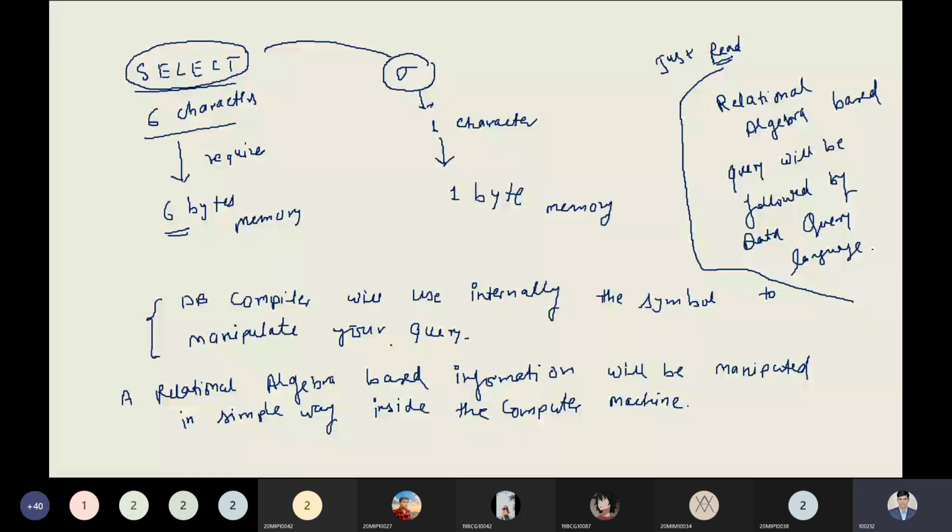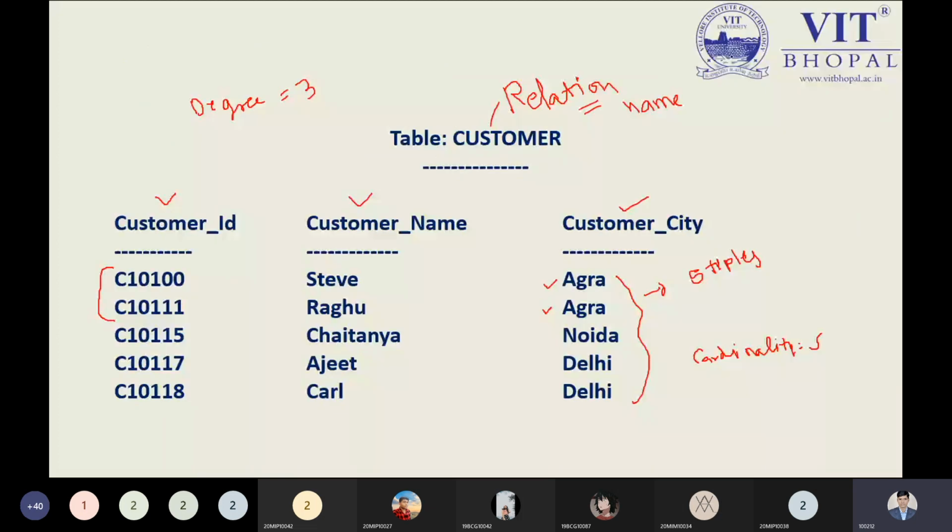Okay, so now we have this table right now. In this table, we have a relation and we have the degree. Degree basically tells us the number of columns we have in our relation. Degree means the number of columns we have, and that is identified as the degree. This is a point you have to keep in mind properly.